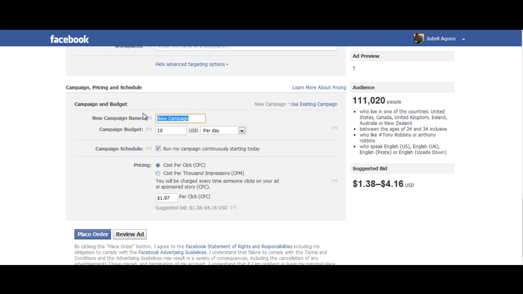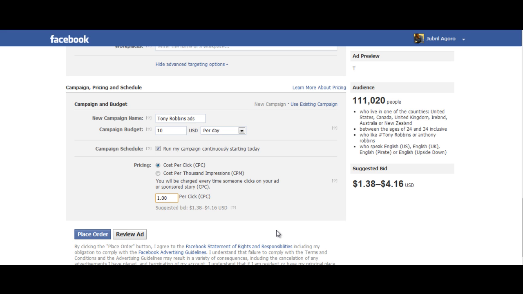And so I'm just going to name this campaign Tony Robbins ads. And then you set your budget per day that you want, and you can set your cost per click. Since it actually suggests, I don't always follow the suggestions, but I'd at least start, if it's saying $1.38, I'm going to start at least at $1.